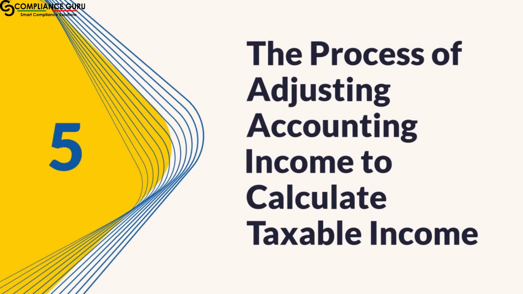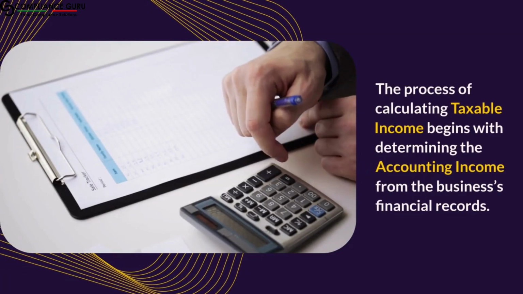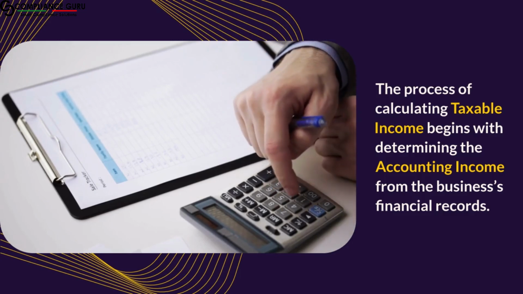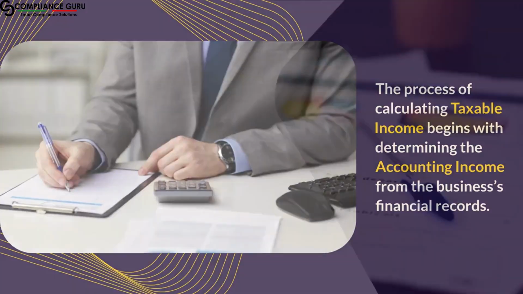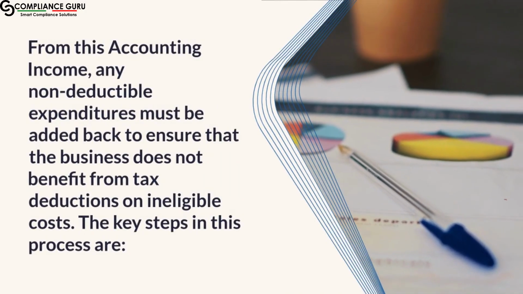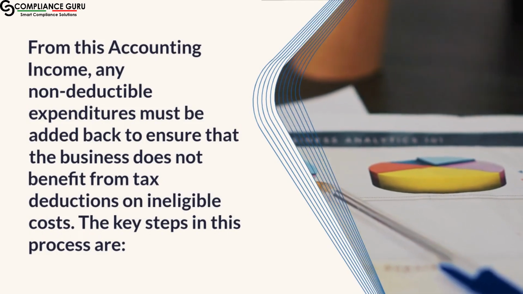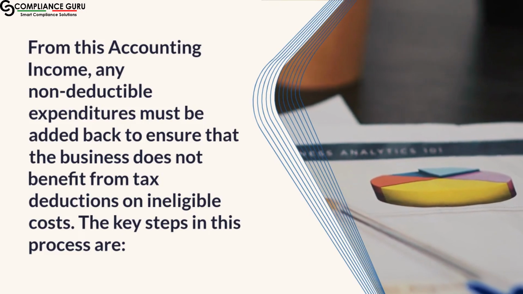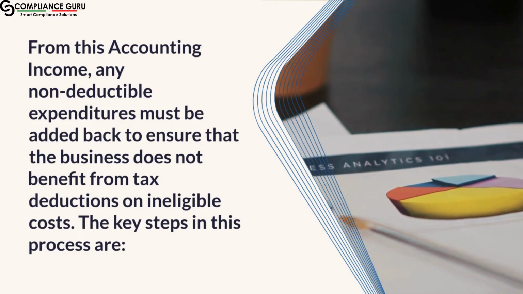5. The process of adjusting accounting income to calculate taxable income. The process of calculating taxable income begins with determining the accounting income from the business's financial records. From this accounting income, any non-deductible expenditures must be added back to ensure that the business does not benefit from tax deductions on ineligible costs. The key steps in this process are: